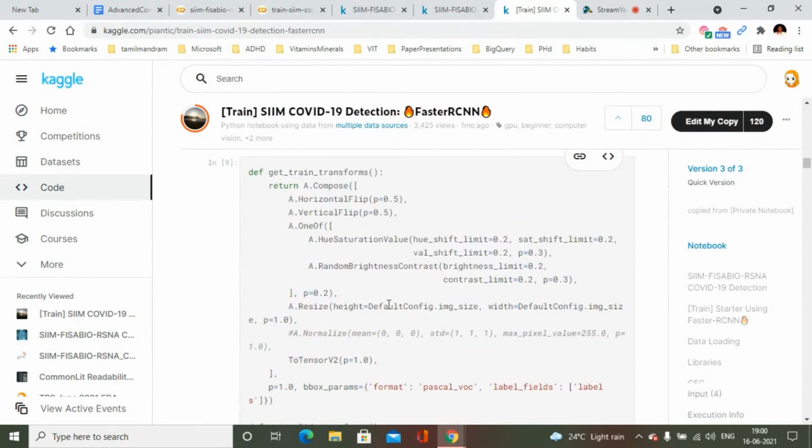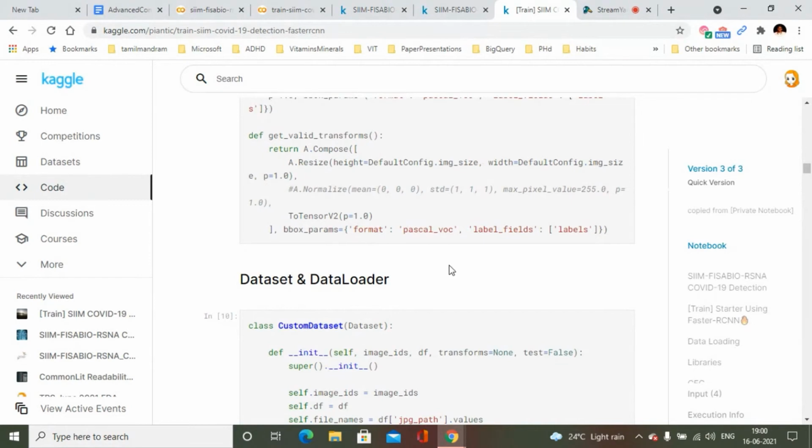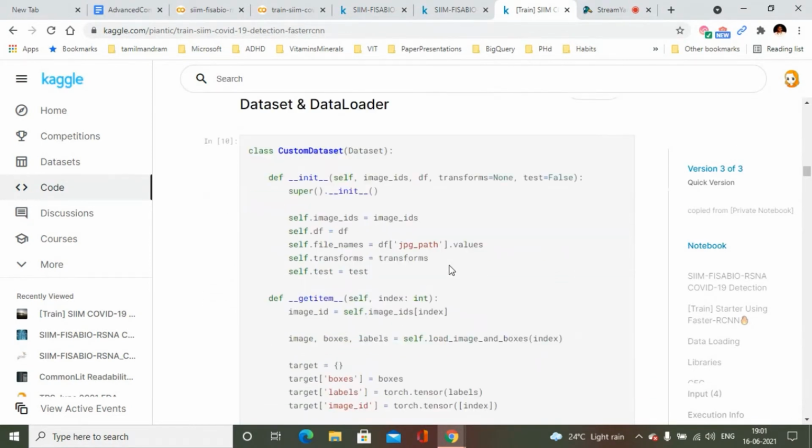These are like basic transformations, but since this is only a starter walkthrough, you can experiment on different transformations.